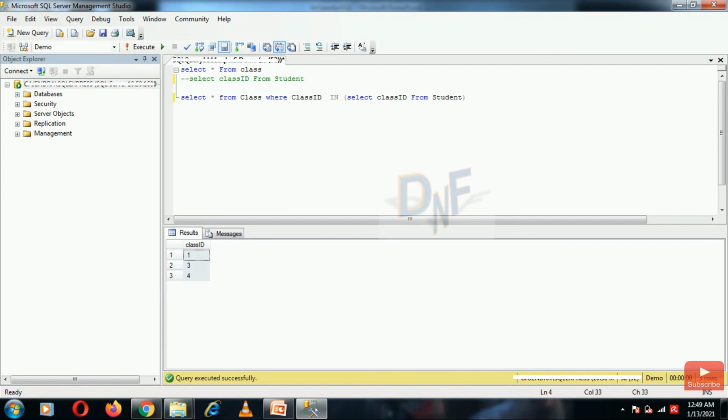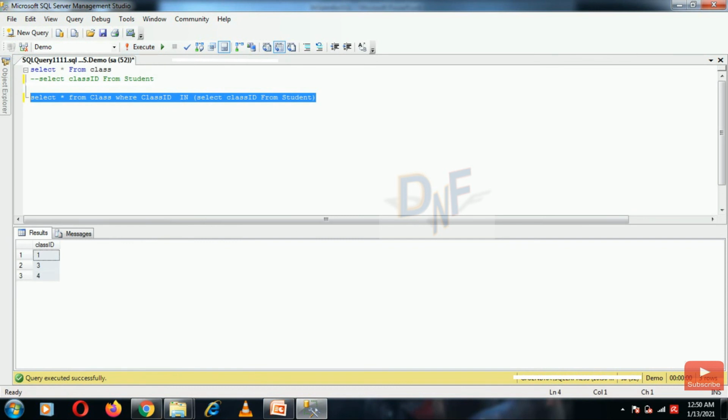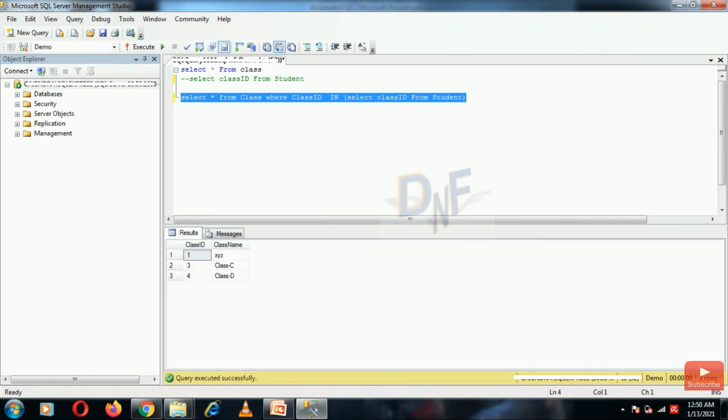Let's see what the result would be. You can see 3 rows are displayed, and it gives only the rows that are present in the subquery, like this one, class ID 1, 3 and 4. So when you execute this query, you can see the same rows.